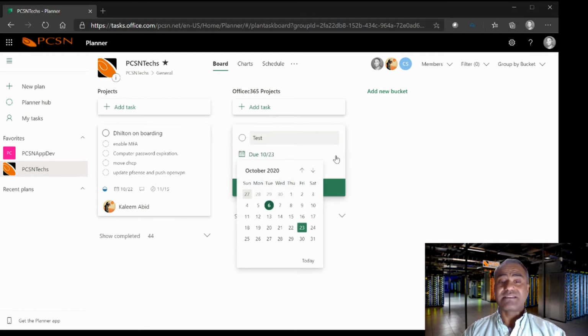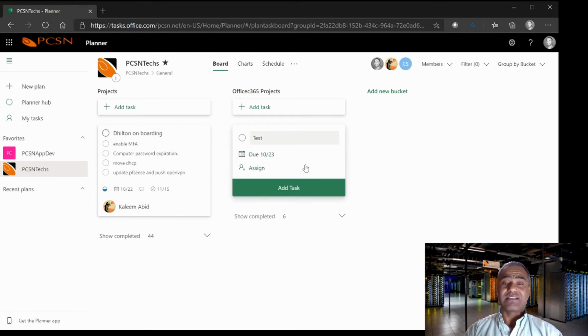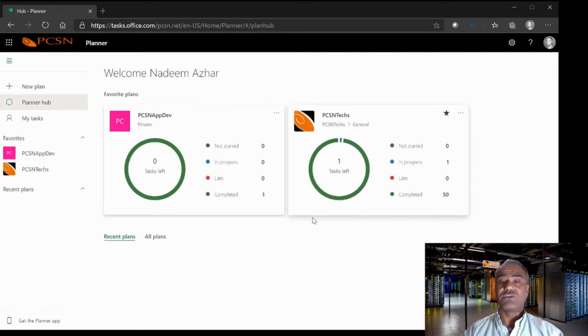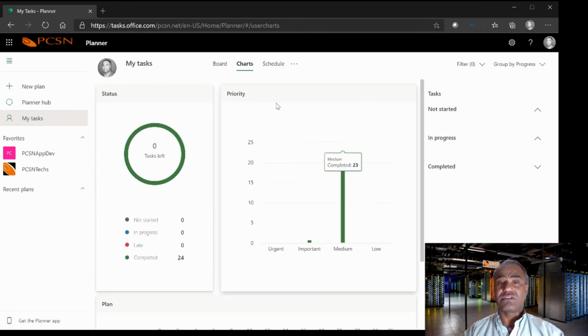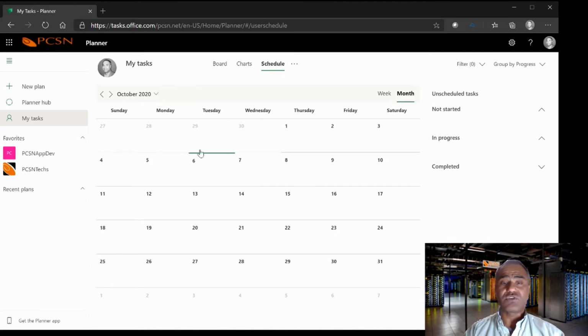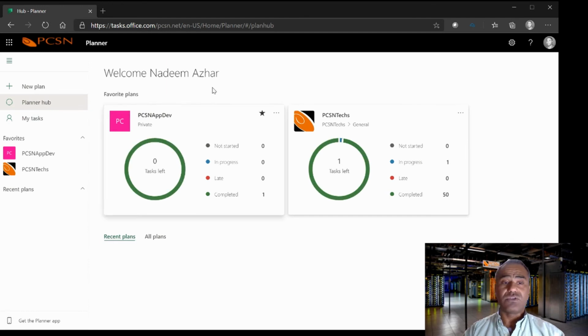So, but you can assign tasks just like you would in Tasks in the old days, and now it's called Planner. So you can set up the due date, and then once it's added, it very easily will show you in a visual way what's going on and what's happening across the company. Again, try to use it. Now, if you drill down, you can see there's a lot of options here. There's like charts, there is scheduling options. I mean, it just makes life so much easier by using Planner as opposed to the old Microsoft Tasks,